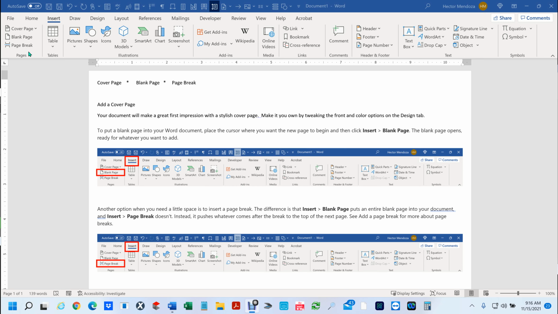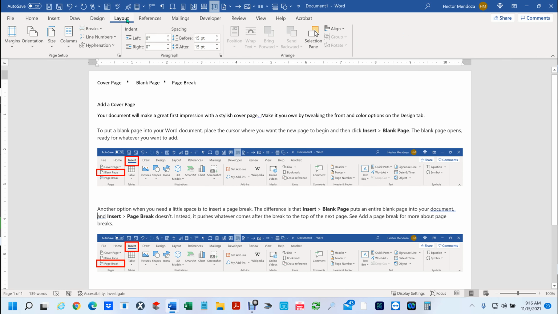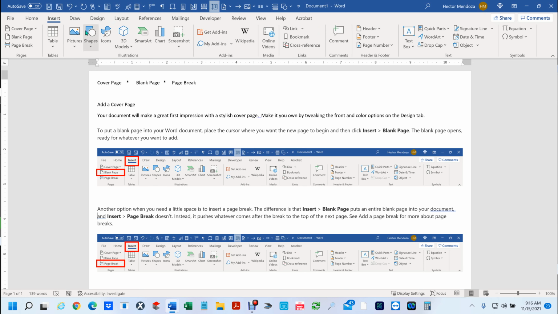Now one thing I want you to be aware of is that you have page break, and there's another thing called page breaks, which you would find under layouts, and you have breaks, and we'll discuss a little bit about that, but not a lot. Okay, so let's go ahead and go into the insert and talk about this,